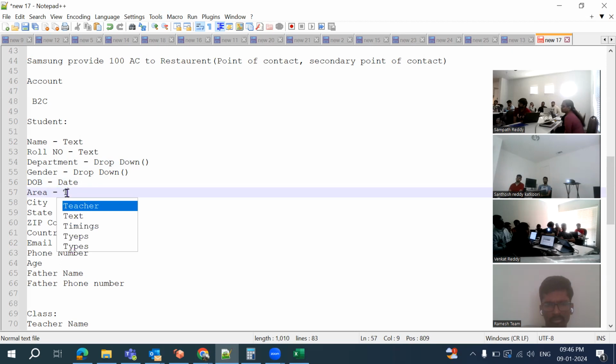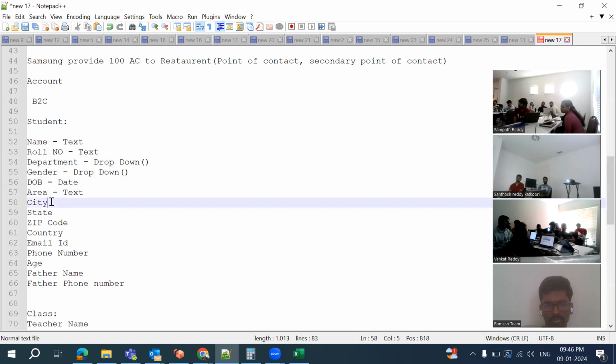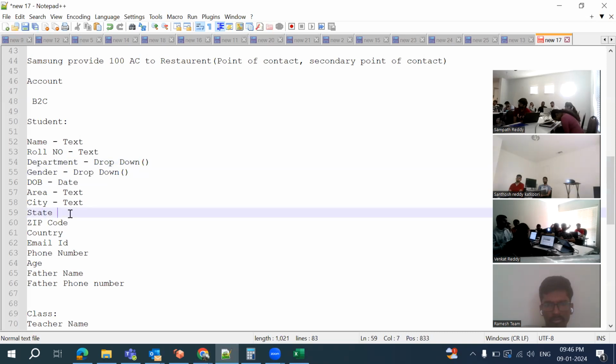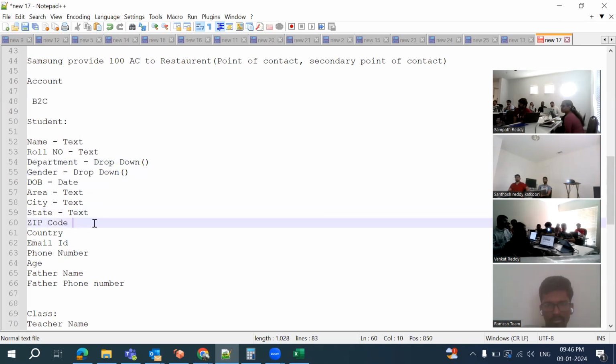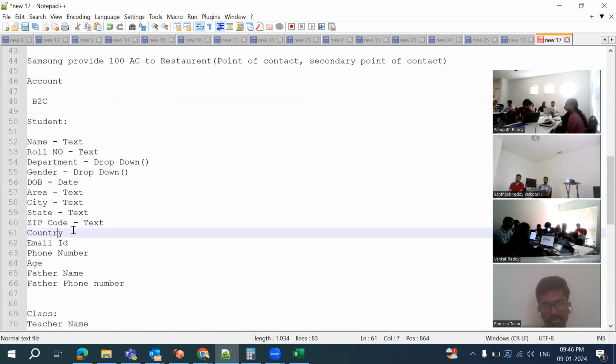So area is basically text, and then city also text. Then after, state is basically text. In the case of zip code, it is also alphanumeric, in the sense some places it is basically only numbers, but if you go for UK, it's a combination of text as well as a number. So we go with alphanumeric, in the sense text. So country